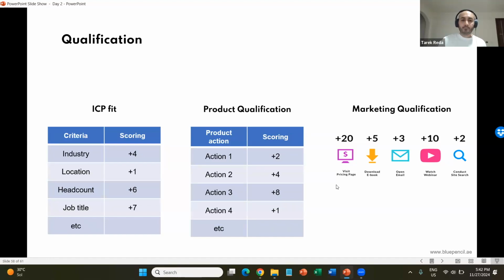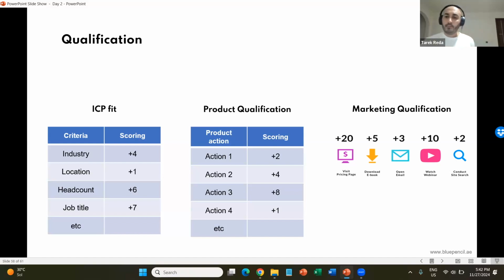The second bucket is your product qualification, right? That's basically you would look at the different actions within your product that you deem are important, and you start scoring them, right? So sign up is one activity. I don't know, launching a campaign is an activity, or deploying something is an activity, or creating a listing, whatever the actions within the product,